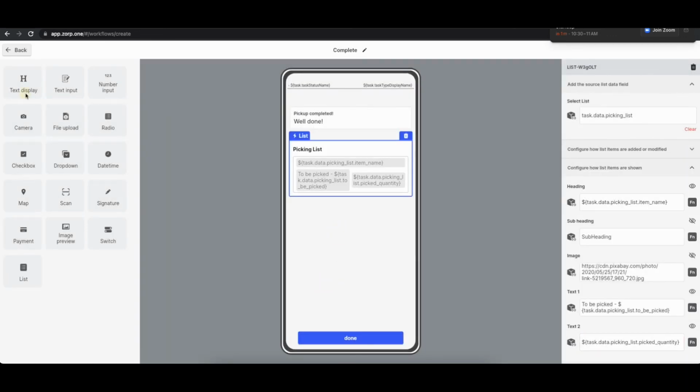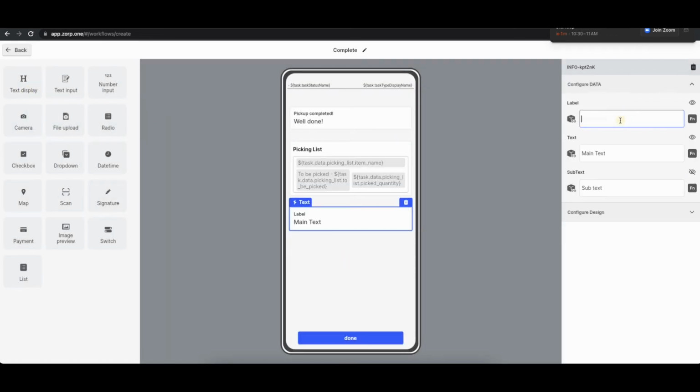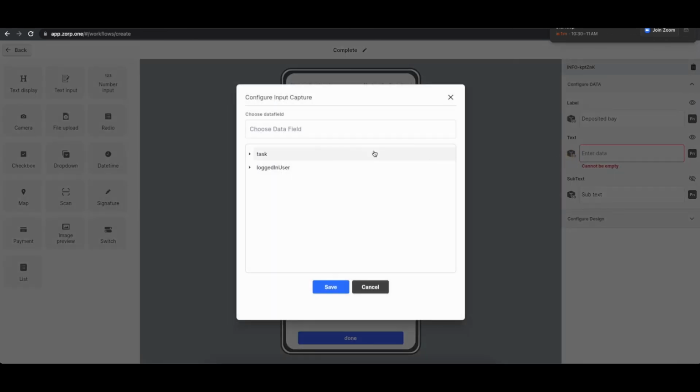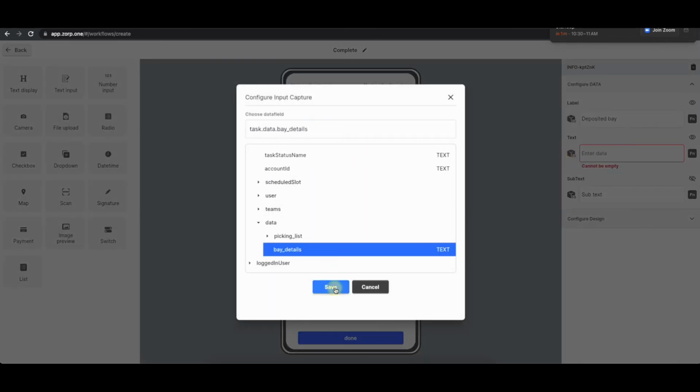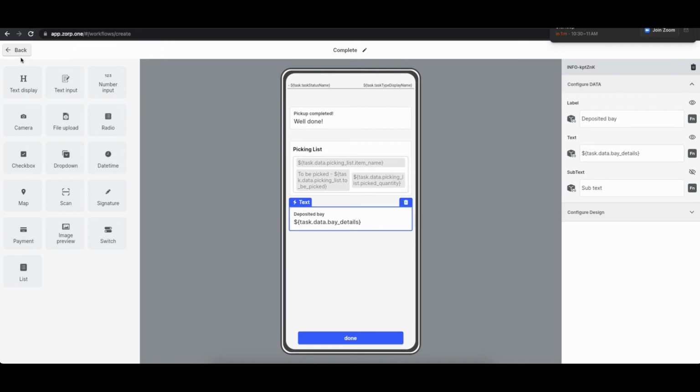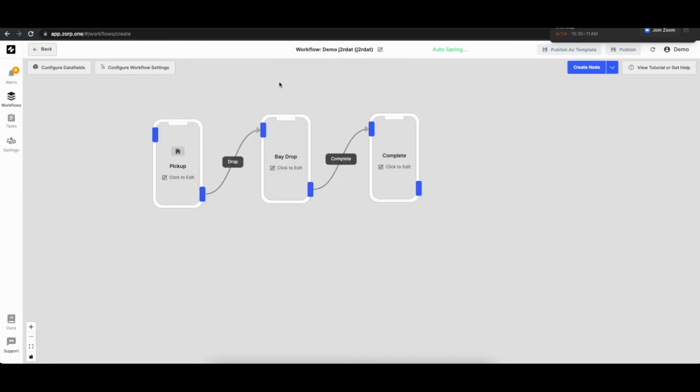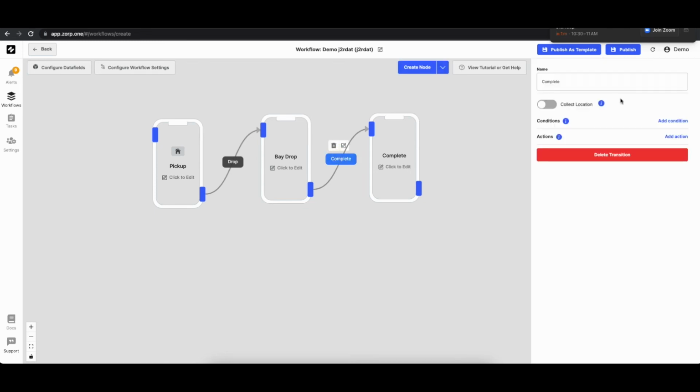All right, and finally we'll also show the bay where it is deposited. Cool, our app is fully ready now. Now, apart from simply creating the app, we also have the ability to push the data that we have collected to any external system. So we can do that by choosing any particular transition, choosing actions, and add a REST